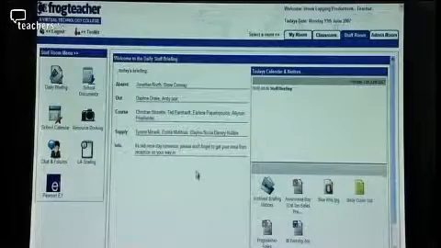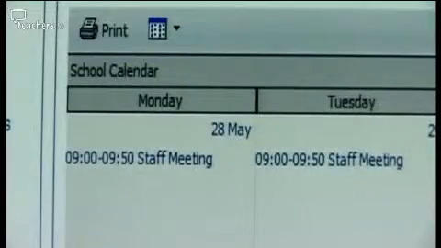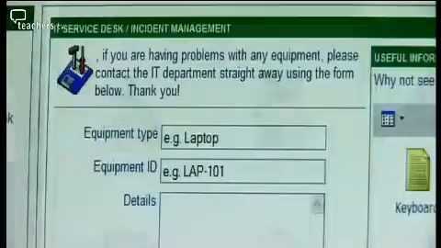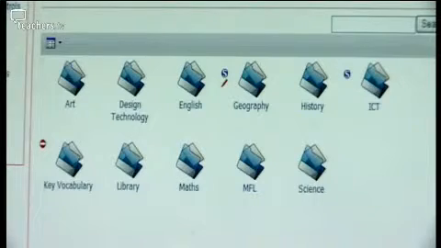So when a teacher logs on, they will end up in their staff room. They've got their own timetable in here, and you can see this is. Right. They might have some admin functions in here. So this particular example has an IT service desk. And a very important thing in a secondary school is that the senior management team need to delegate responsibility to the departments to set up their departmental areas in the way that they want to do to promote learning.